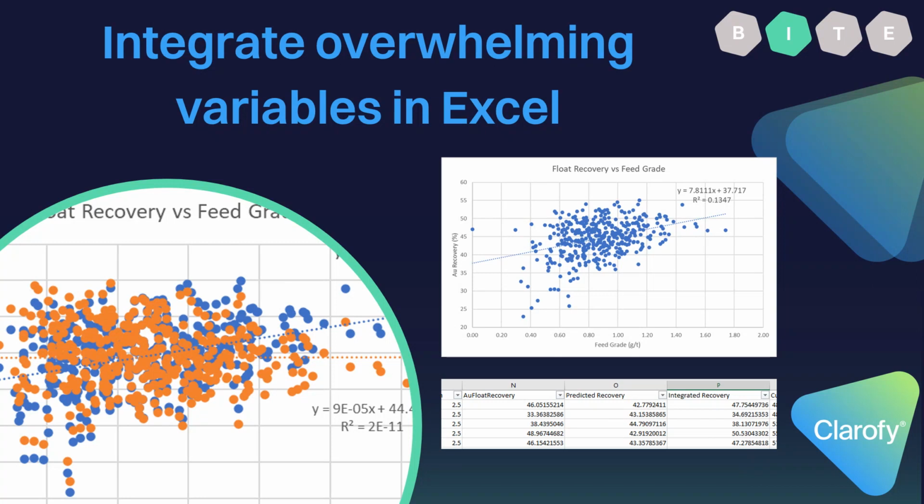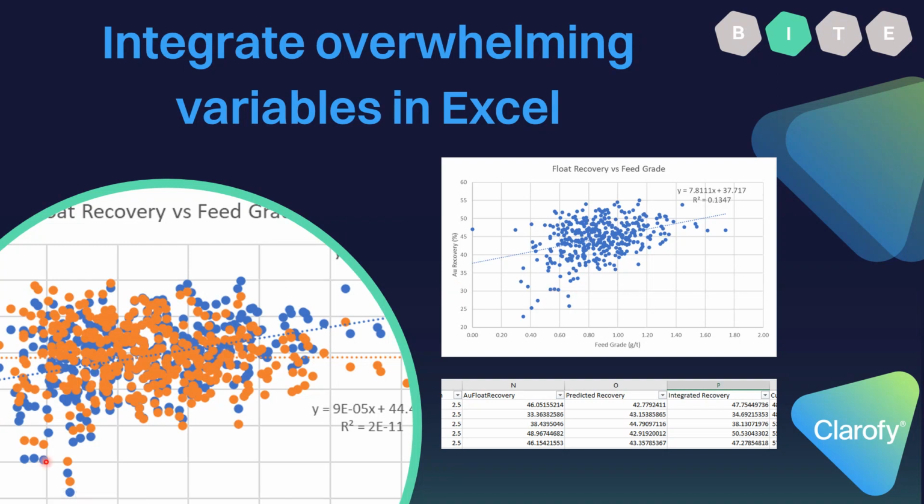So to show you in detail, you can see these three dots over here. I'm just picking a pattern that's easy to see, but you can see that it's at relatively low feed grade, definitely lower than a mean or a median, right? So low feed grade, and it's got low recovery, right?